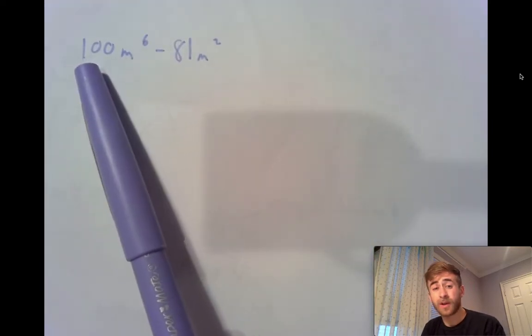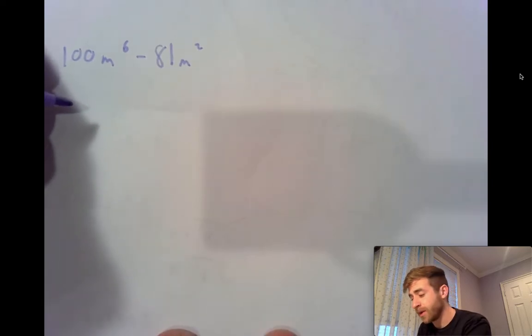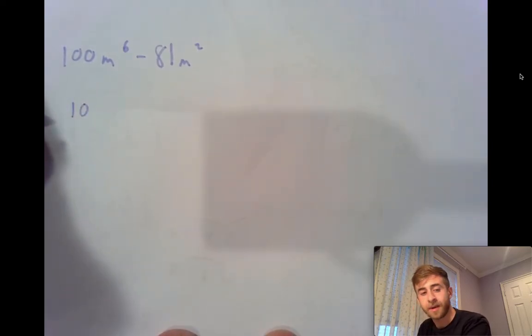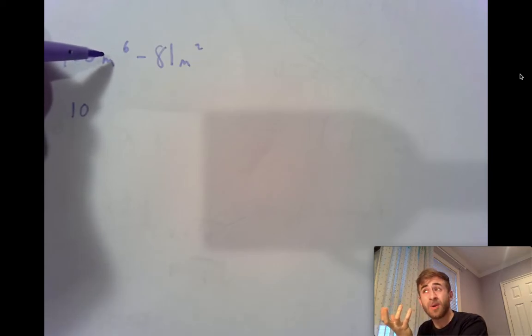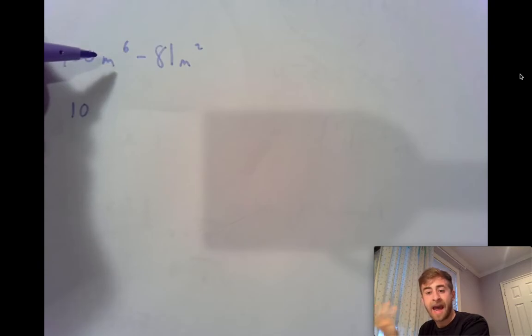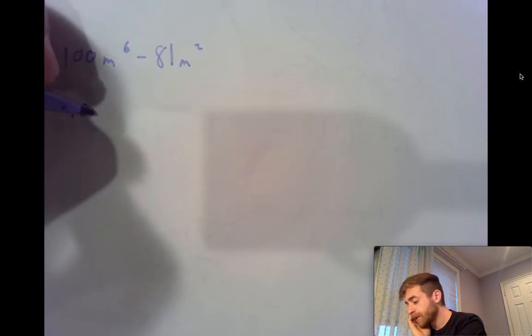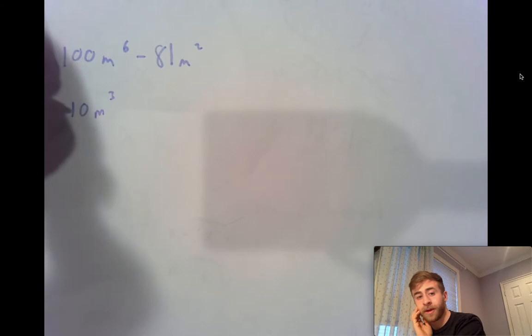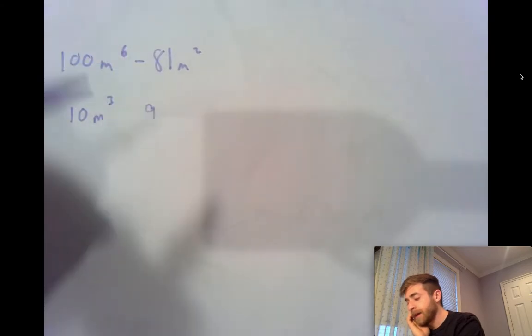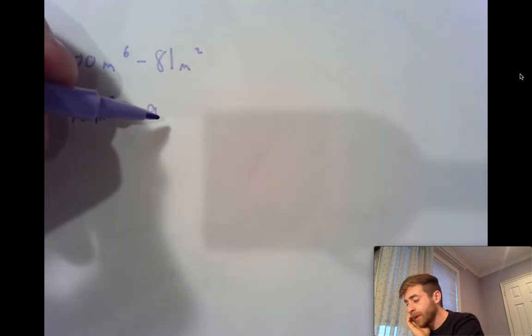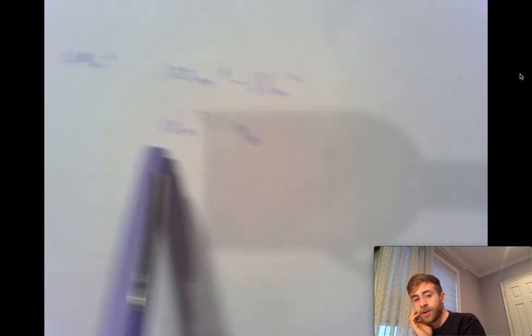100 is a perfect square. The square root of it is 10. So I know I can just go to 10 there as my first one. M to the power of 6. 6 is an even exponent. To get the square root of something with an exponent, you just get half of the exponent. So this is going to be m to the power of 3. And then we have 81. That is a perfect square. It's going to be 9. And m squared, the square root of that, is going to be m. So here are my two